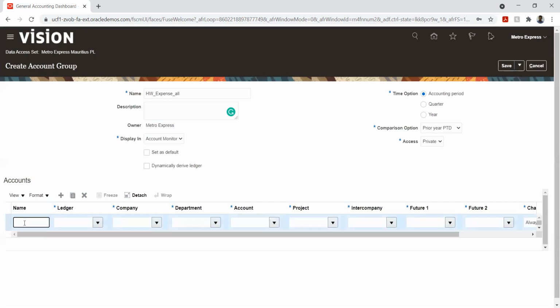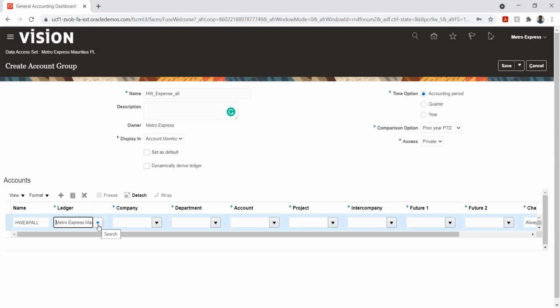Okay. And then I'm giving this as all accounts. Yeah, so this is our ledger, Metro Express PL. The main reason we are getting this particular ledger is based on our roles, because in roles I have given this particular ledger.